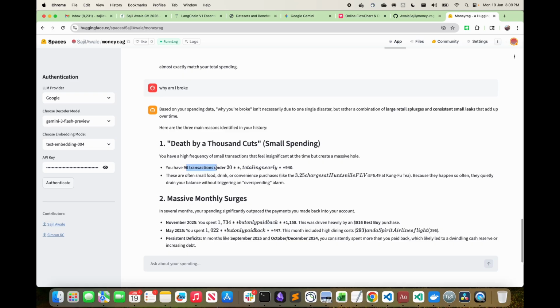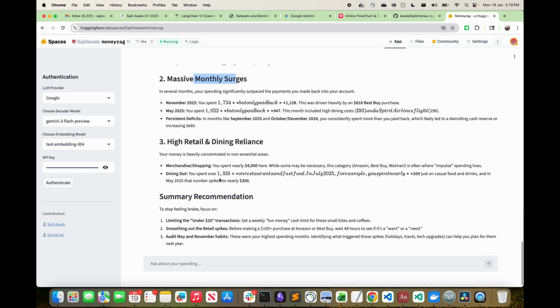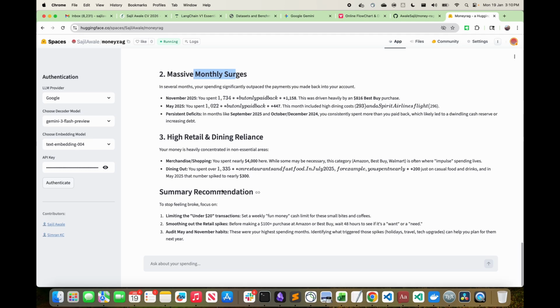You have 96 transactions, around $20, often small food, drinks, or convenience purchases. Yep. Massive monthly surges. Okay, and high retail and dining reliance. So yeah, that's why I'm broke, guys.